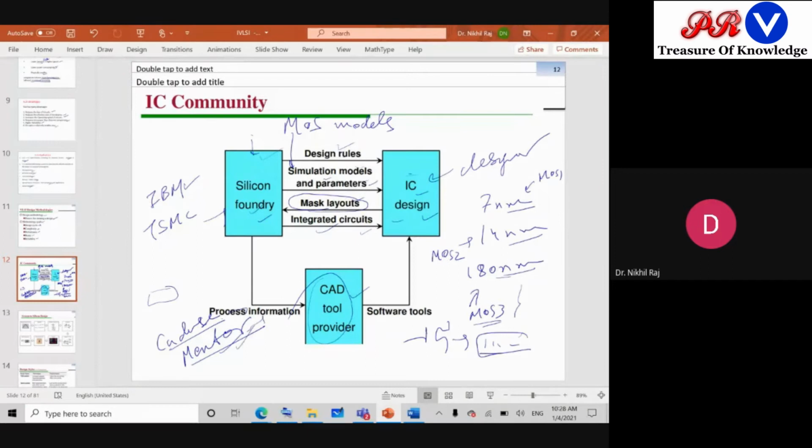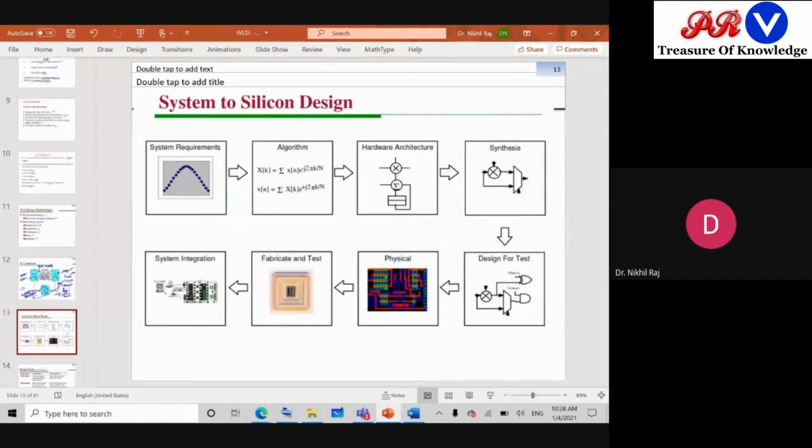You use their tools with these MOSFETs, and when the design is satisfied, then only we send it for fabrication. And then there is reliability, that the circuit will work in real time also, because we have used industry-specific tools. Okay, so this way the IC community works.